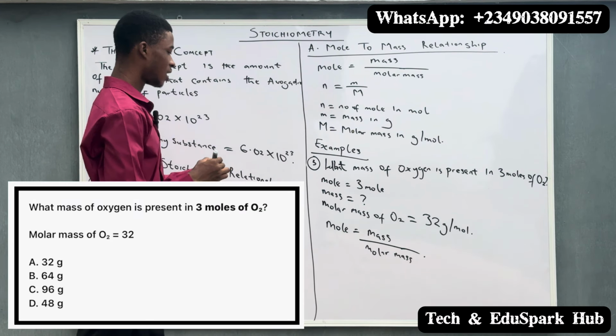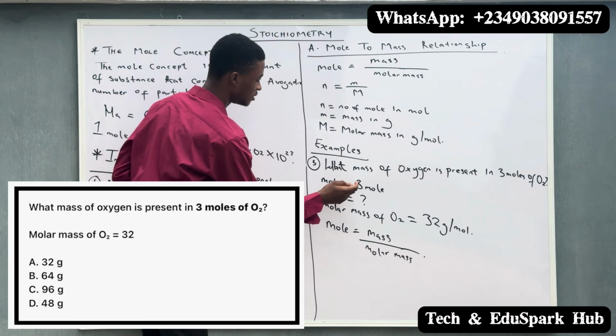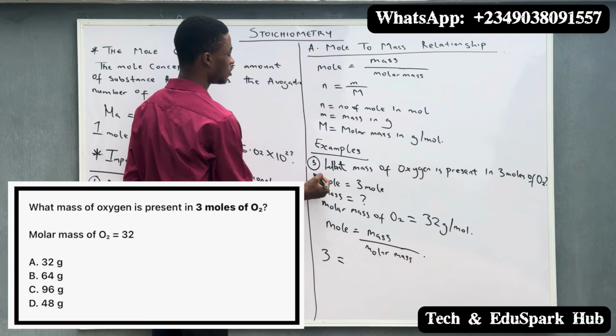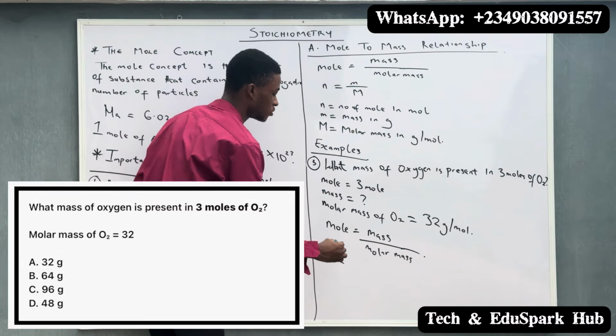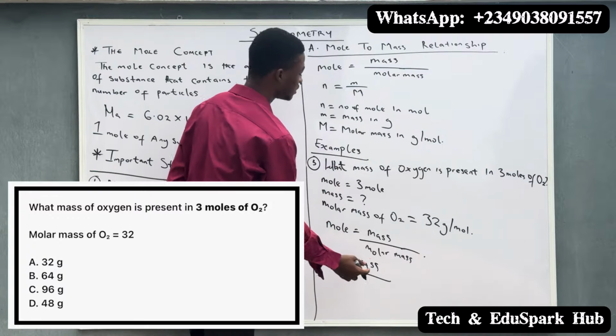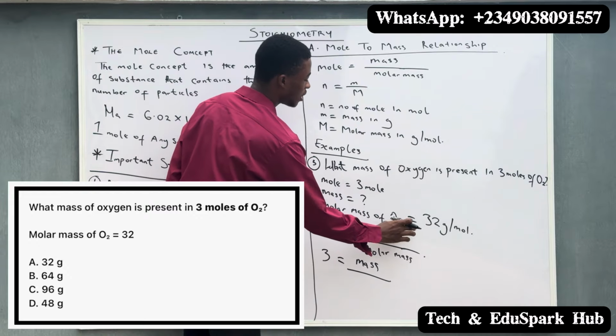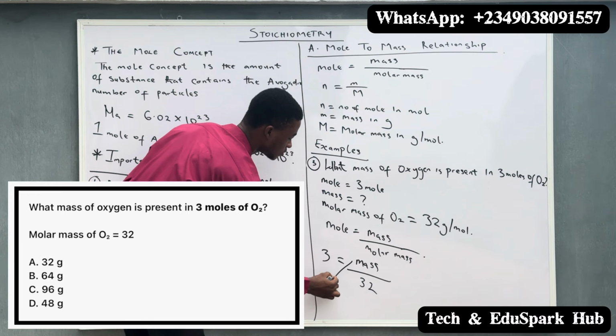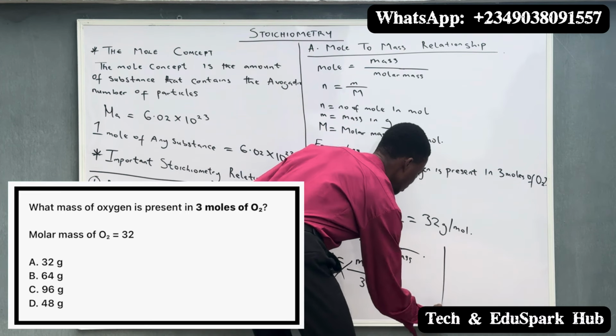So in substituting our parameters, we know that our mole is 3. So we have 3 equal to mass, which is what we are asked to calculate in this question, divided by our molar mass. What is our molar mass? From the question, our molar mass is given as 32 gram per mole. So when you cross multiply, you will have our mass